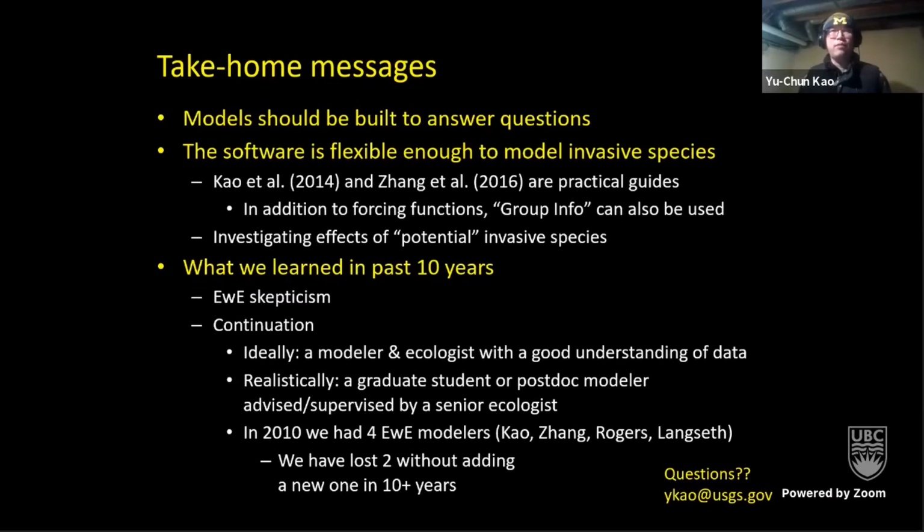I don't know whether it works well or not. It was because the bloom is very episodic, so it did not last very long. And the time step in Ecopath with Ecosim is 1 month, and we rarely had an algal bloom last a month. So in the end, that did not work. It is just not very important.